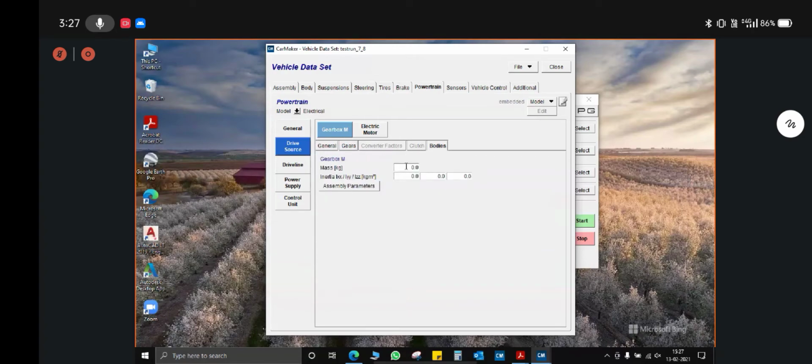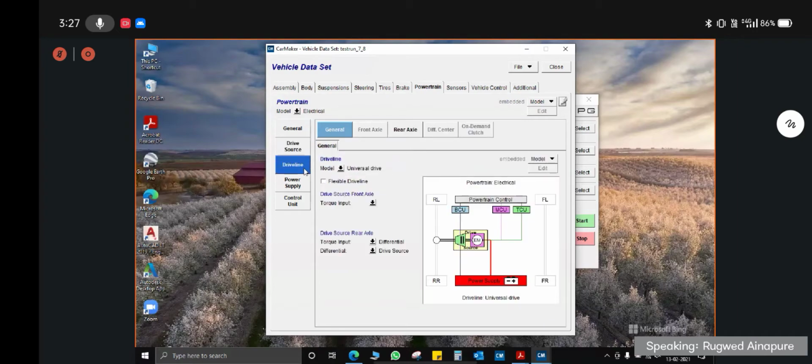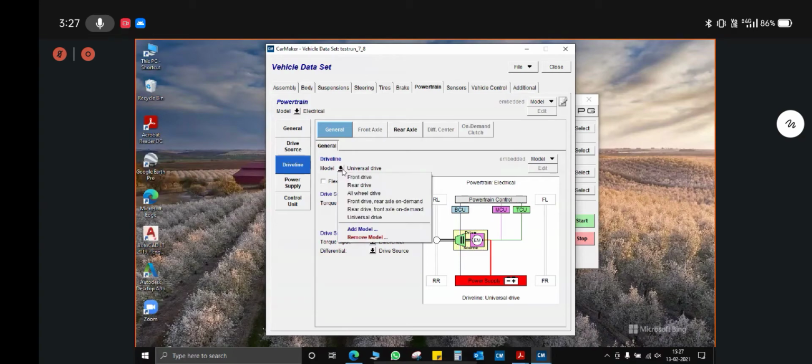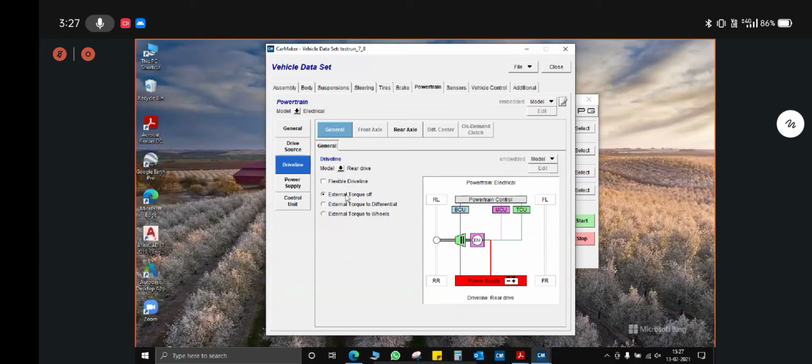Okay. Then moving towards the driveline tab. In the driveline, all the EBA teams have to ensure that they select rear drive model only. External torque should be put as off all the time. Only for optimization purposes you can use external torque to wheels, but finally for the final virtual dynamic events you have to put the external torque as off.